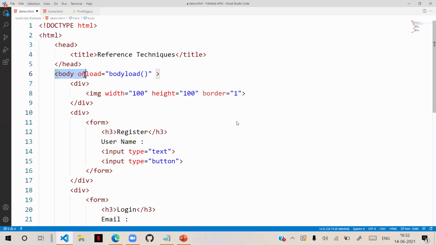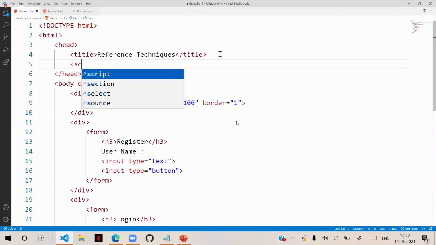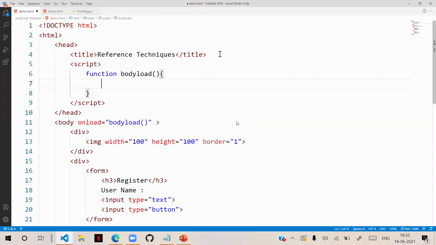This indicates what should happen when the body loads. This bodyLoad is our own name; you can give any name. I'm reasonably giving bodyLoad. Now in the head section, I am writing a script. In the script, we have to write a function, bodyLoad. When the body loads, it will call this function.